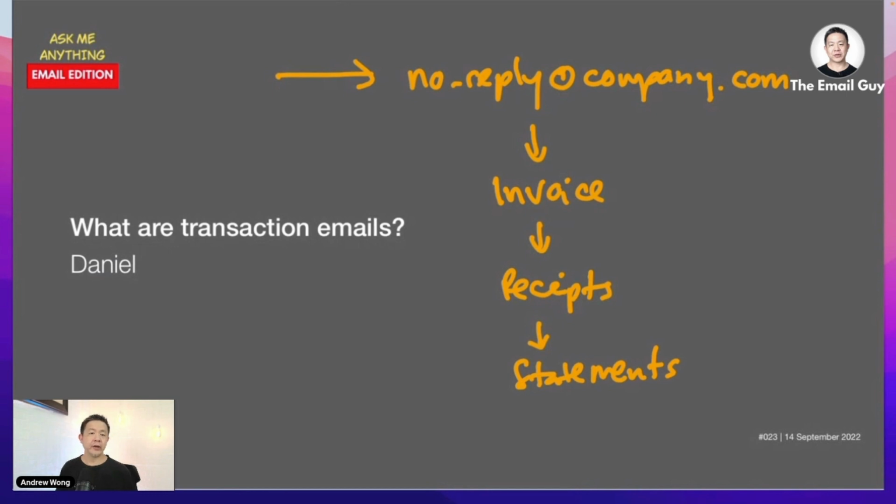So generally, transactional emails are mostly triggered either through the app that you communicate with, or the online portal where you buy something, and they would send an email like this, with either your invoice, receipts, or your statements. All right. So this is different from your marketing email. And in most cases, depending on the size of your list, most